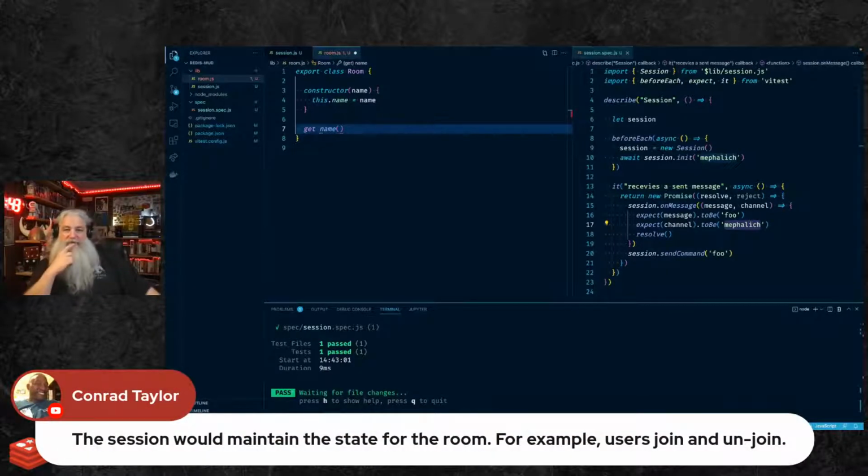Yeah, the session would maintain the state for the room. For example, users join and unjoin. Yeah, that's the idea. Well, this isn't specifically a chat room. It's a room in a dungeon, but the principle's the same. They enter and leave. But the session is for the user because it's all text-based. And so we need a room that has...